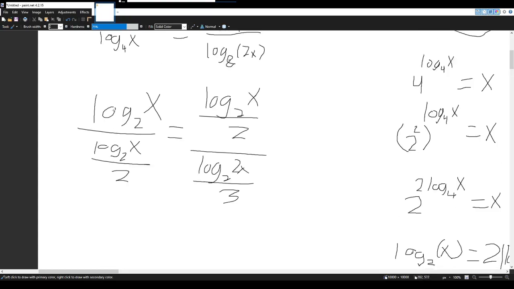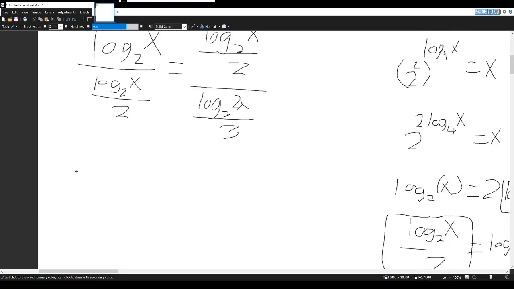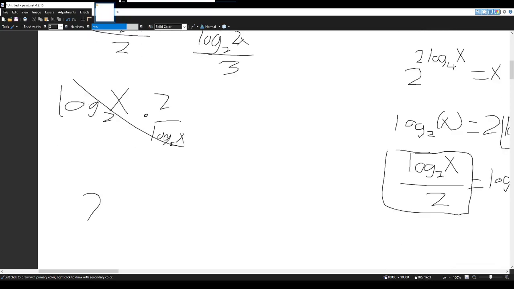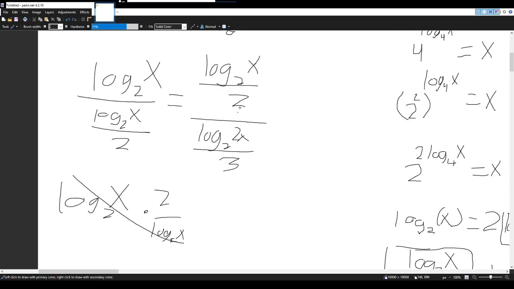So now let's rearrange this, right? If we're dividing by a fraction, we're multiplying by the reciprocal. So this is going to be log 2x times 2 over log 2x. This is obviously going to cancel out and just be 2. So this entire left side is actually just 2. So we have 2 equals, and then do the same thing here, divide by a fraction, multiply by the reciprocal,